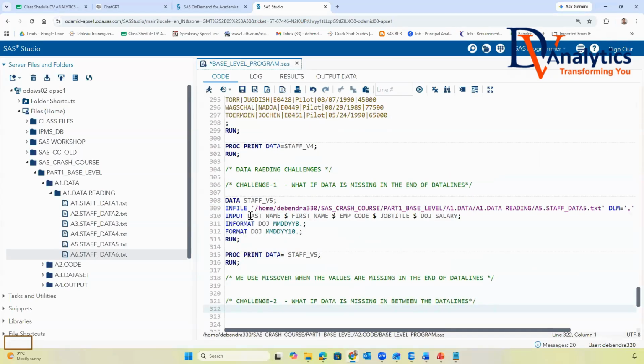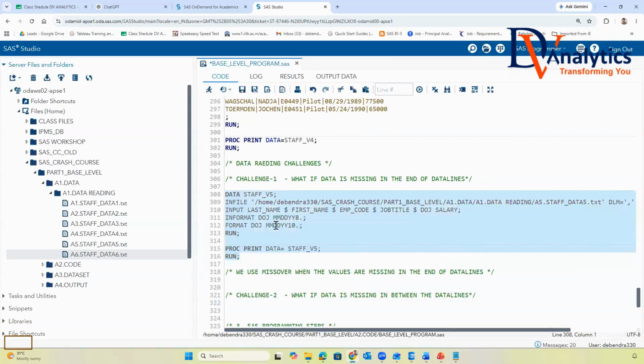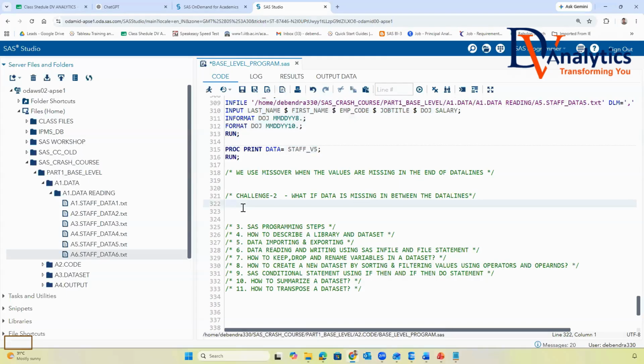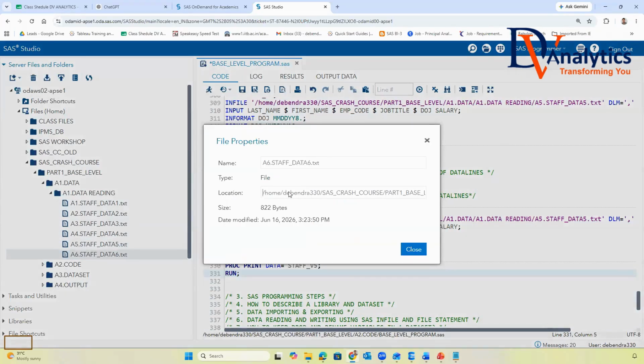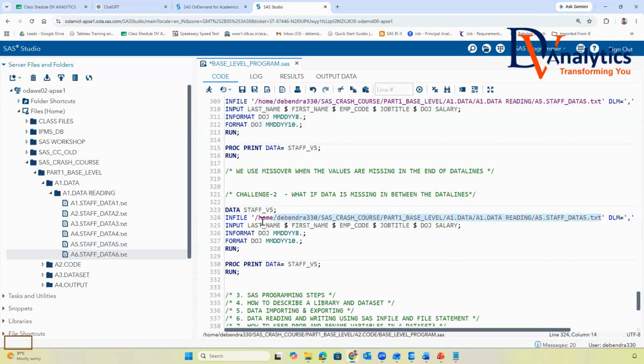For this example, I give the file path, properties, and I just copy the path as it is. This is also version 6. I want to print.